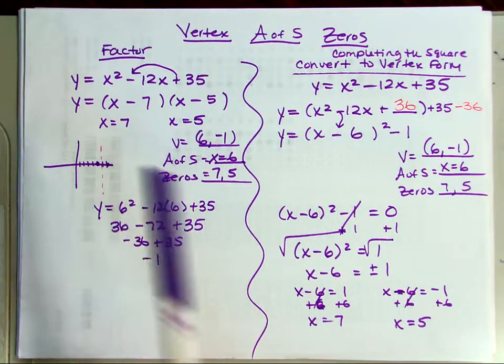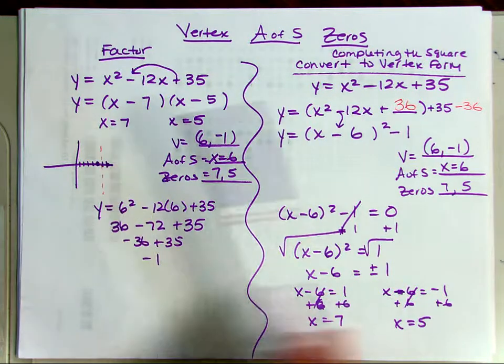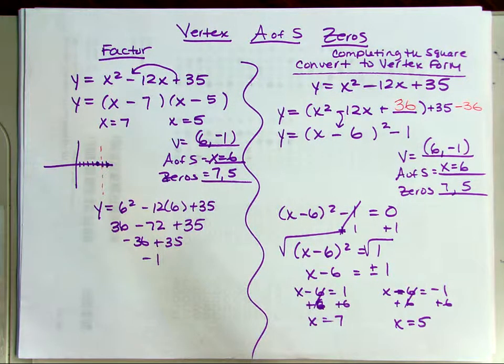So it's kind of like you need to know both, right? If it's factorable, save yourself a little work. If factoring was rough for you, then you may want to go this route. Okay? So,